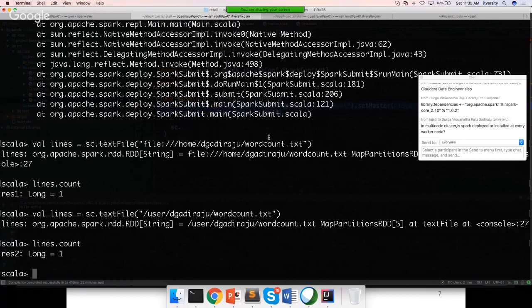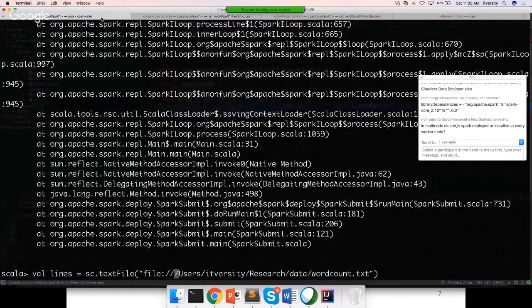Okay, for now, just understand how you can read the files from the local file system or HDFS using sc.textFile. We are limiting our discussion only to text data. We will see other file systems as we proceed a little bit further. First, let us finish off the word count program. Okay, so now we got the syntax